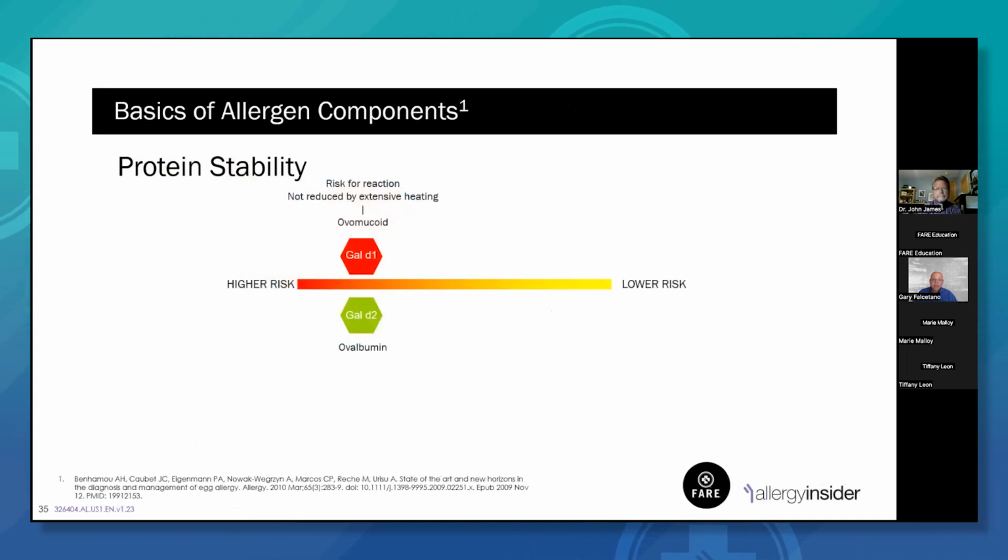And one of them is looking at the individual proteins. So there's two proteins in the egg that we currently look at, ovomucoid and ovalbumin. And without getting super in the weeds or into molecular structures, ovomucoid is a very strong kind of molecule that is unable to be changed by heating. So what that means is if you're sensitized to ovomucoid, you're probably going to be sensitized to all forms of egg. However, if you're sensitized to ovalbumin, highly heating it, baking it for a period of time, as you would do with, say, a cupcake,